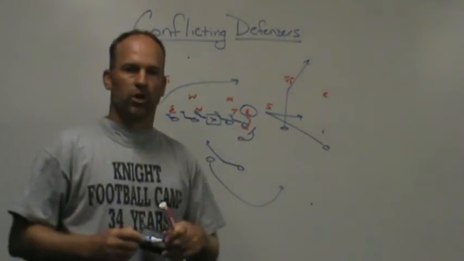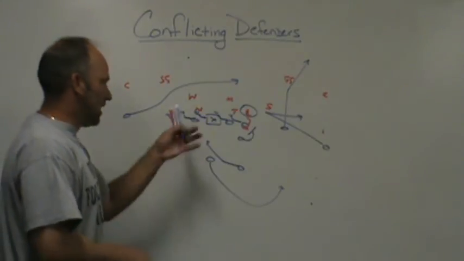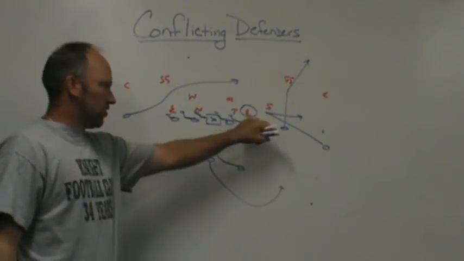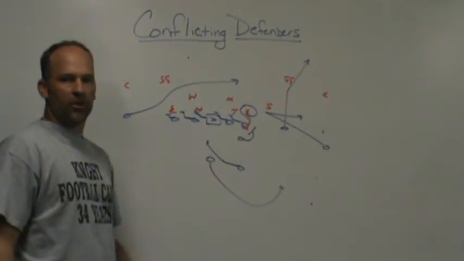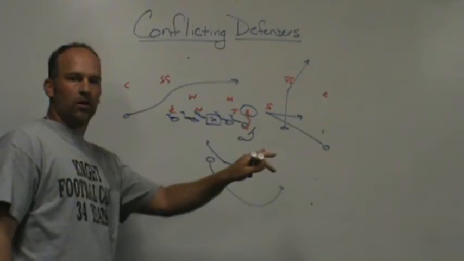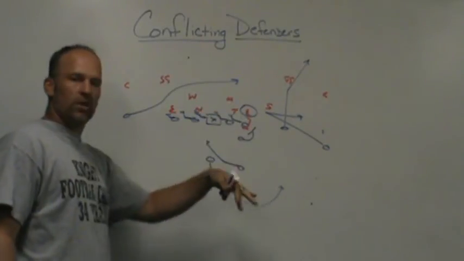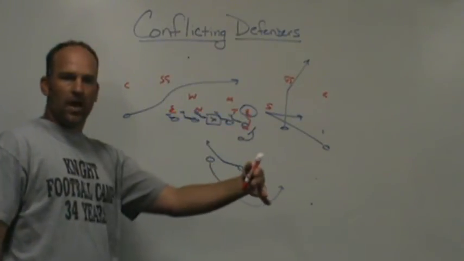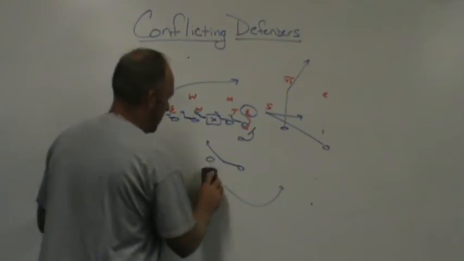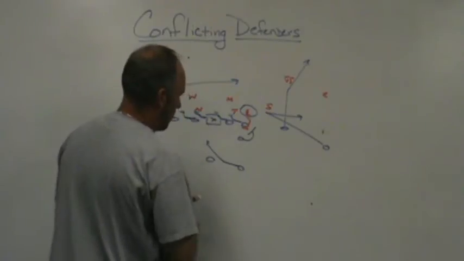So we're trying to use his response against him to give him exactly what we want, to solicit the response. We know what he wants to do off a down block. So let's go ahead and give him a down block. Let him do what he does off a down block, and then, based off of what he does, let's use that technique against him. I've seen way too many teams, especially power teams,